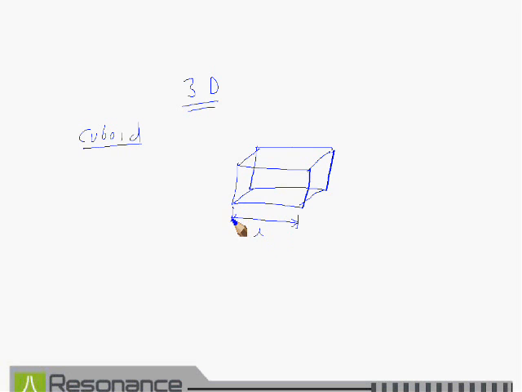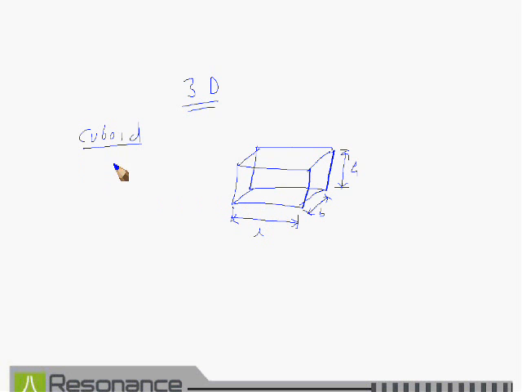length and having breadth and height. For the cuboid, we can take examples like a room. Room is in the form of a cuboid which is having length, breadth and height. Or you can say your notebook is also in the shape of a cuboid which is having length, breadth and